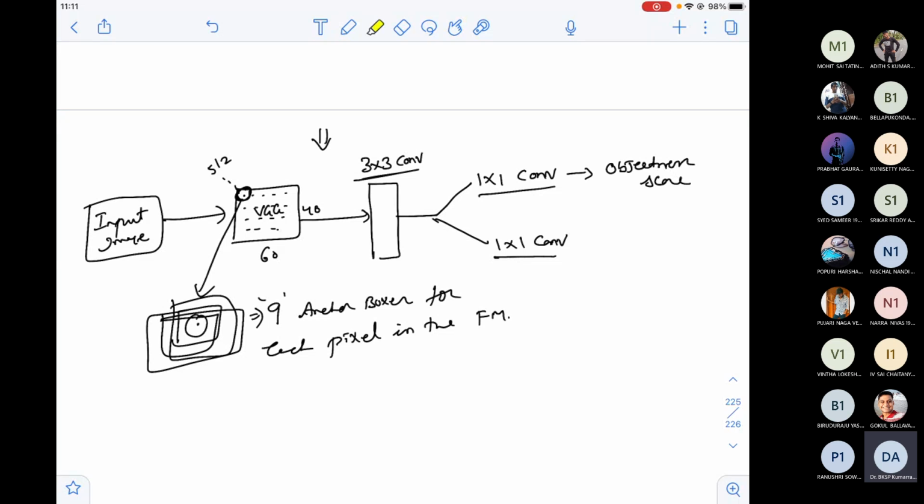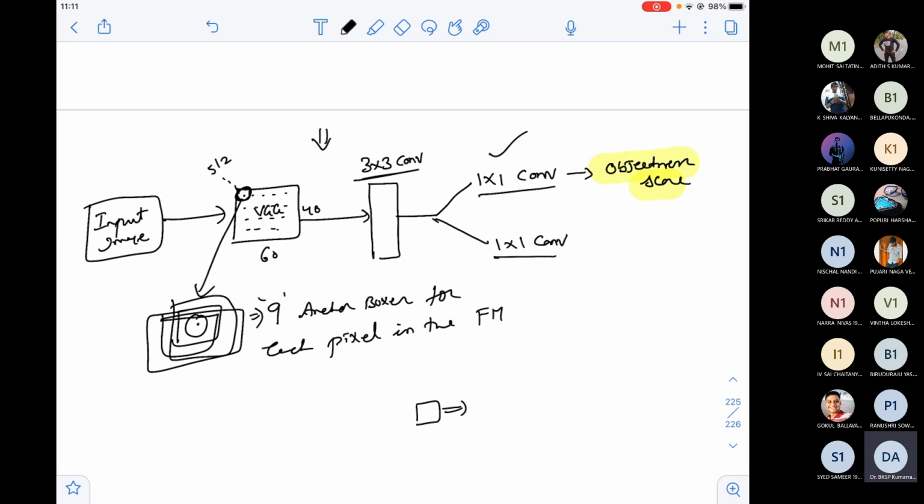So what exactly does this particular layer have to do? It has to predict whether an object exists. It is not worried about what object is in the box. For example, if I send one box to this 1 by 1 convolution layer, it will tell whether some object exists or not.